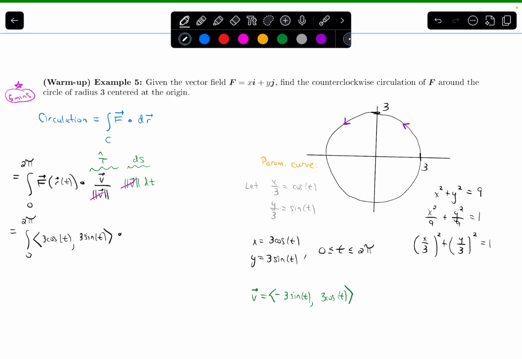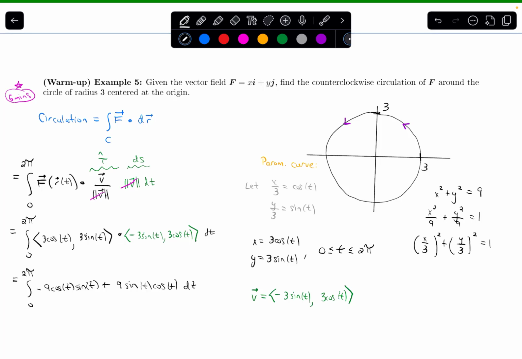That should get dotted with this velocity vector. So dotted with the velocity vector, -3 sine t, comma 3 cosine t, and then a dt at the end. Okay, so we're getting there. We're ready to take the dot product. So we have the integral from 0 to 2 pi. You multiply the x components together, and we'll get -9 cosine t sine t, plus, now we multiply the y components together, and we'll get 9 sine t cosine t